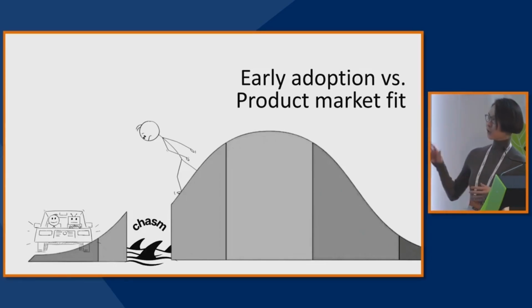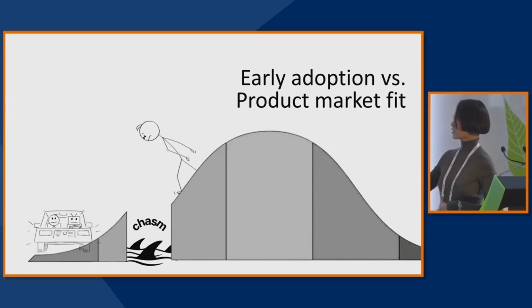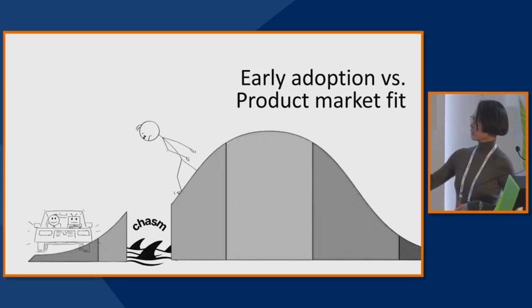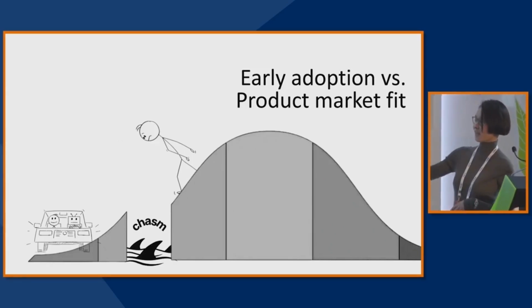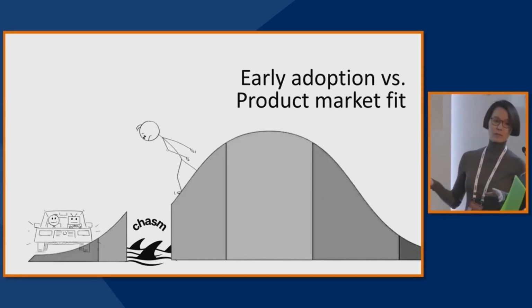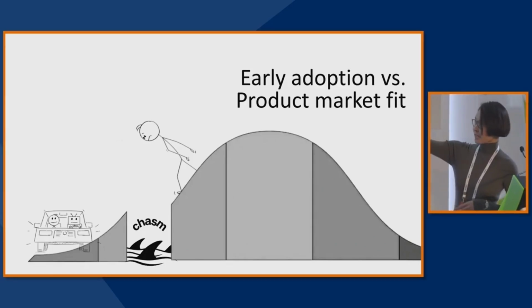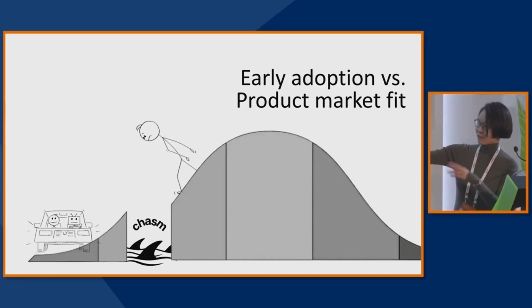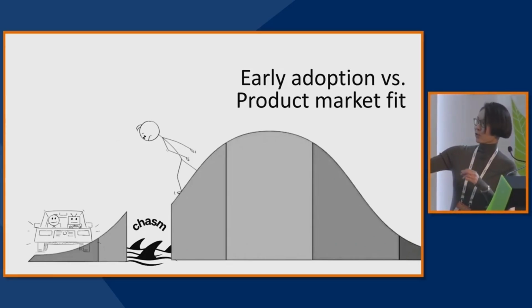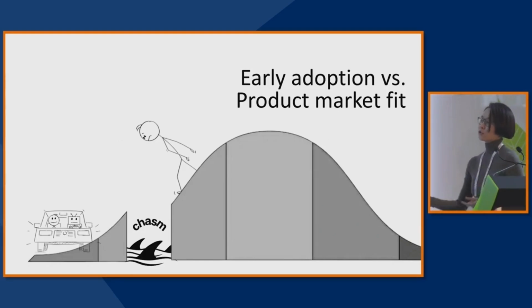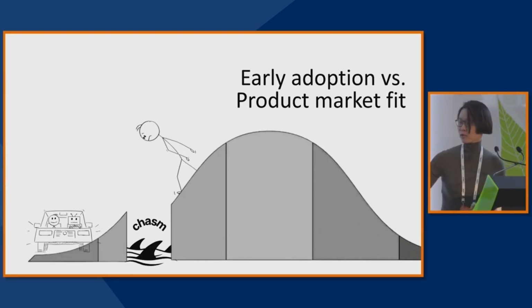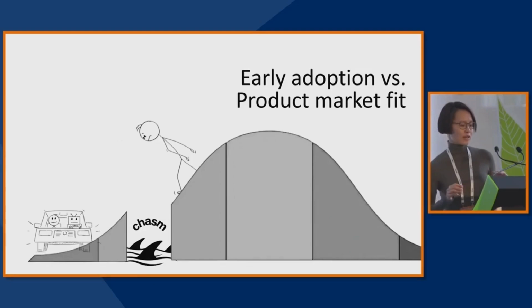This curve, a lot of you have probably seen it. It's essentially the adoption distribution. If you get all the distribution filled, that means your product has reached mass market adoption. But the chasm there is a cliff, a gap that you will need to cross in order for your product to be qualified as having found product market fit. Any users you have acquired before that are all called early adopters.